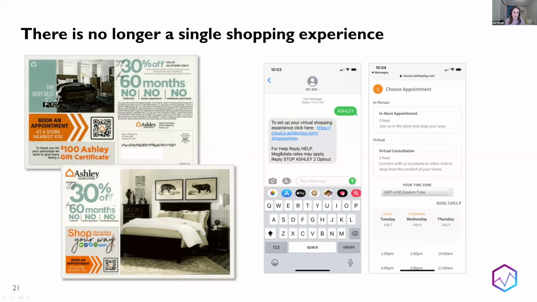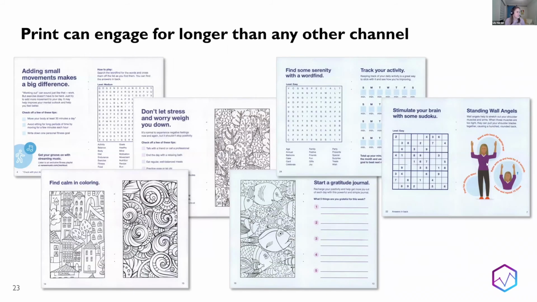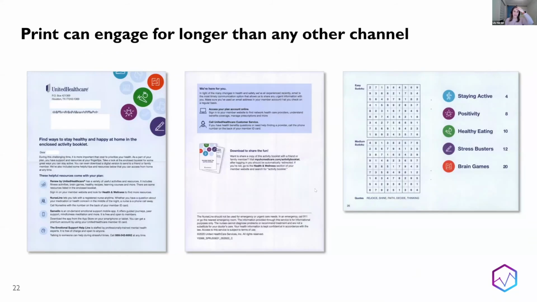This was just a clever, I call this a long-winded campaign. Here, I'll start here. This was a long-winded campaign from United Healthcare, but I think it works because what they did is they're reaching out to their health insurance members with tips. We see this a lot, tips and tricks for staying healthy, just trying to add value to insurance policy holders. But I thought it was sort of like a little booklet, and I thought it was clever that part of these tips was staying active, being positive, eating healthy, but they also provided games.